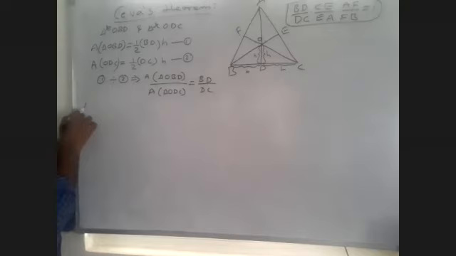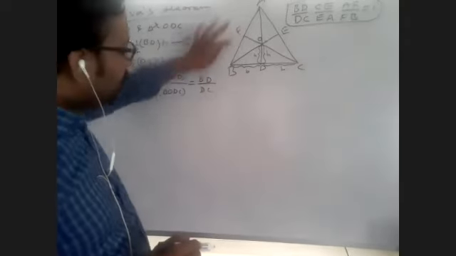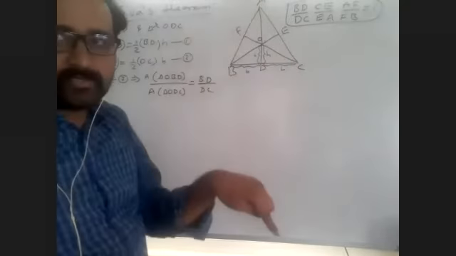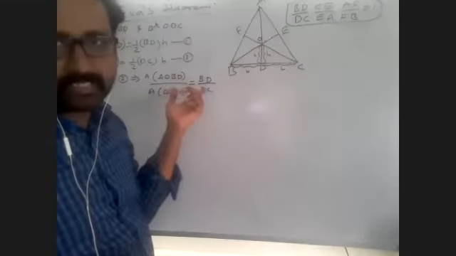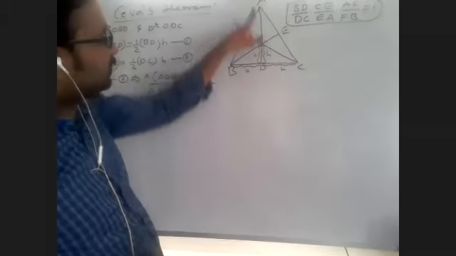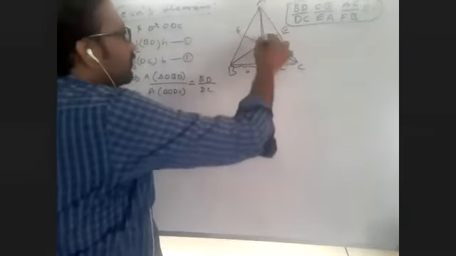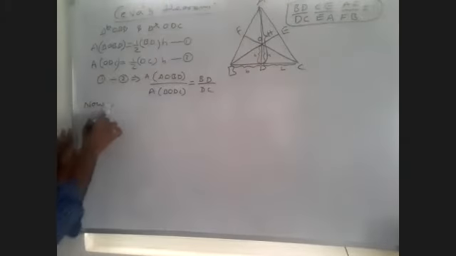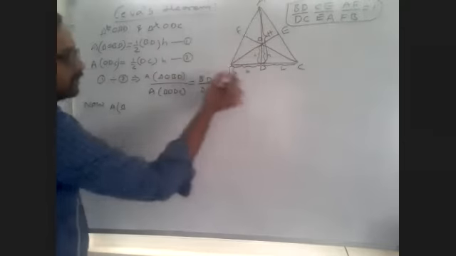Now I am finding the area of this triangle and the area of this triangle. For these two also the bases are the same, same like the previous one, and the height is different. This is the height, AD is the height. Now I'm taking the height as capital H. Now see, area of triangle ADB